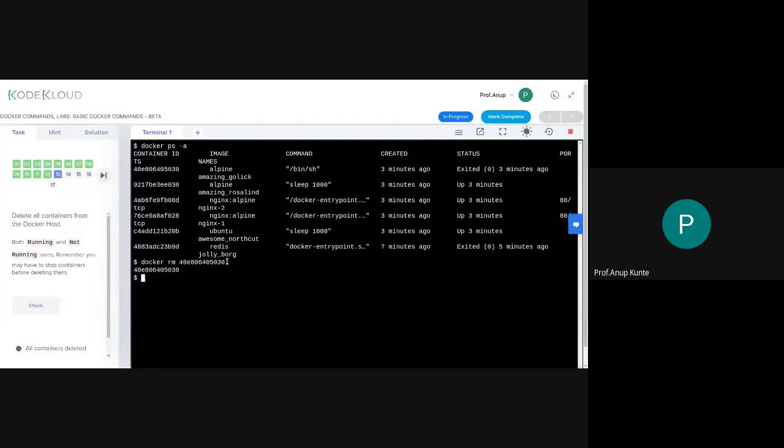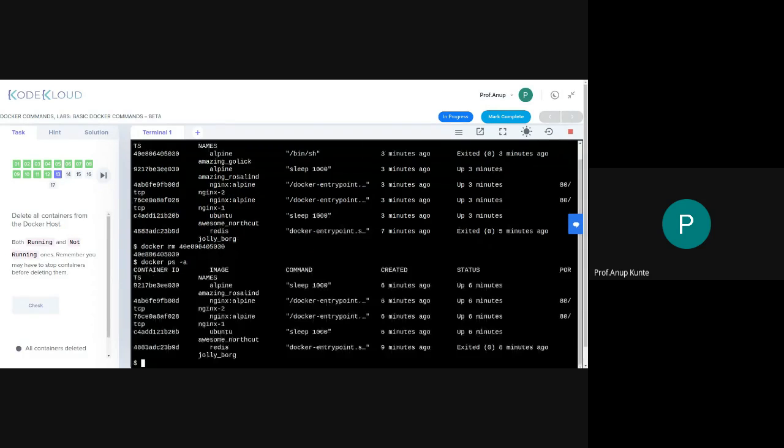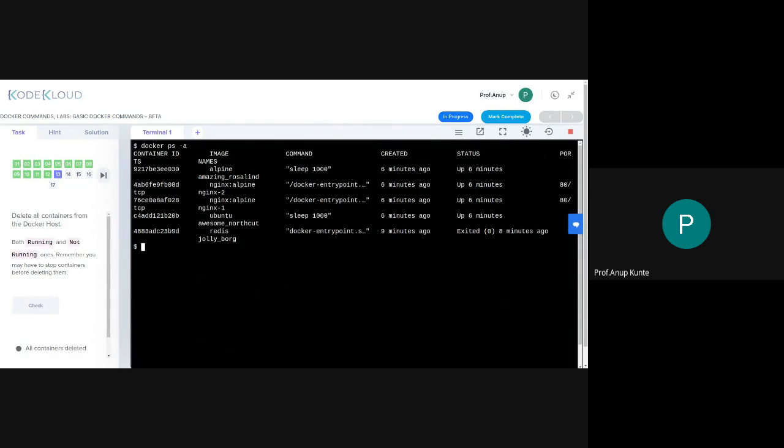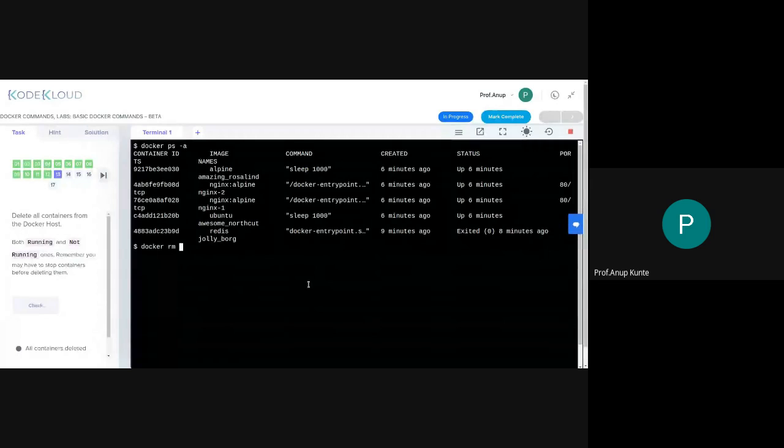It shows me the ID and probably it has deleted that. So now there are only 5 containers. There were 6 earlier. So it's a good idea to delete a container by its ID. I can delete a container by its ID using docker rm and then the ID.